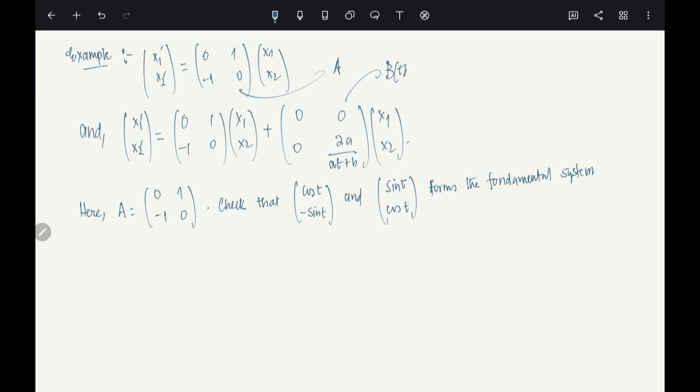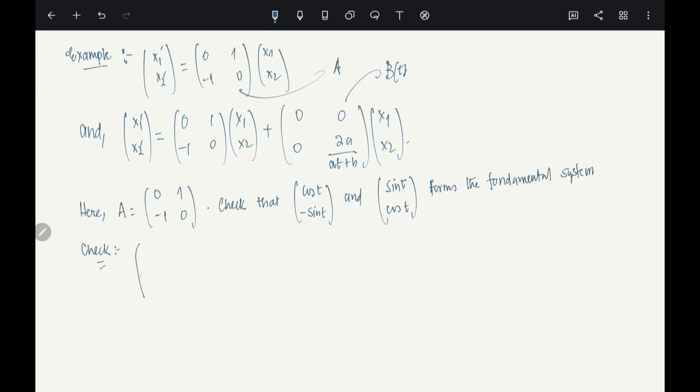These two give you the fundamental matrix, right? Yes. I hope this is okay. Now also check this part. Check that